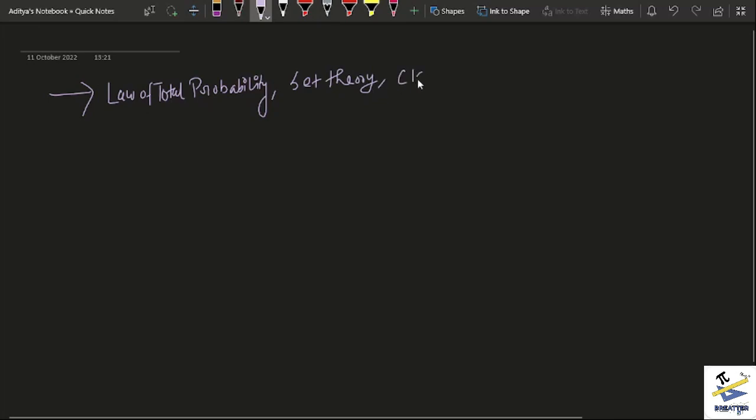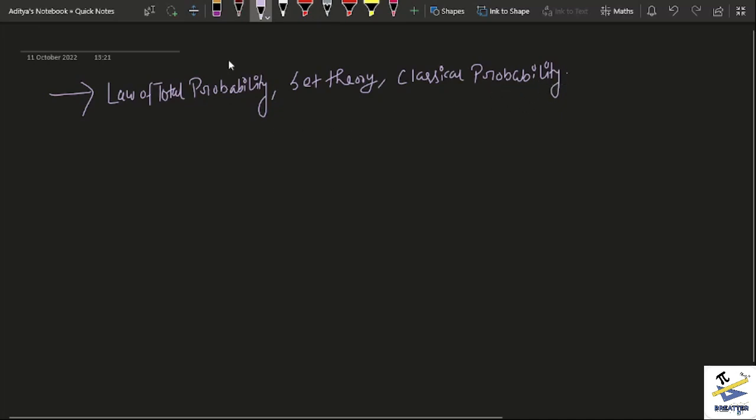We have covered classical probability. So these are the things that we have covered, and we would like to cover in this section what we